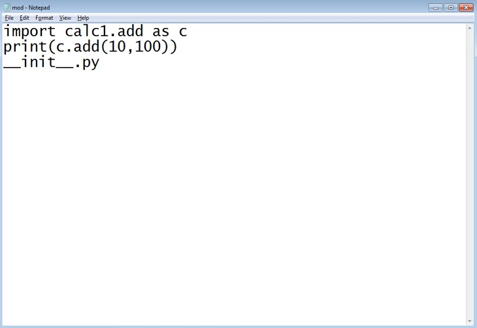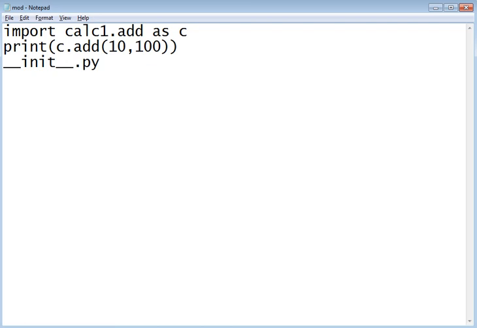For example, if I use it as C, and C dot, there is another problem in the directories, because this is in a separate directory. If we use this, then it says again no module.